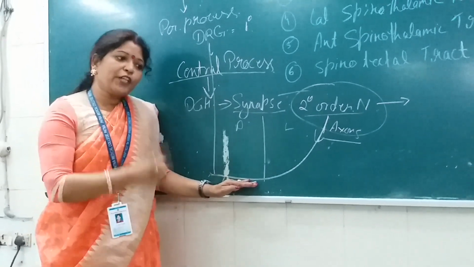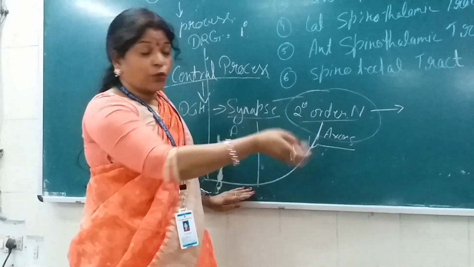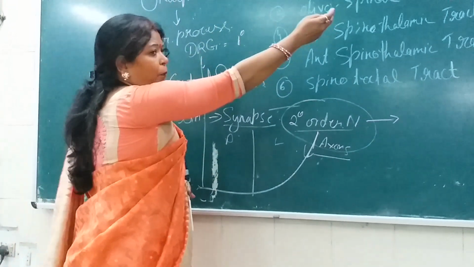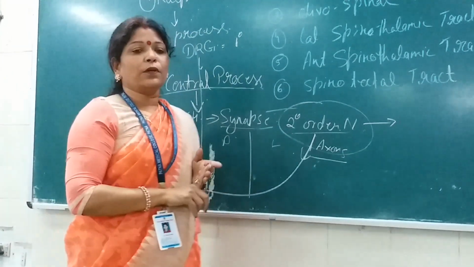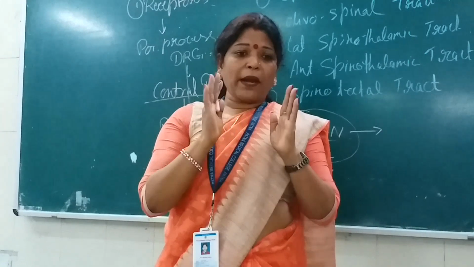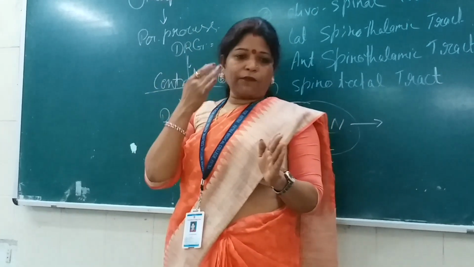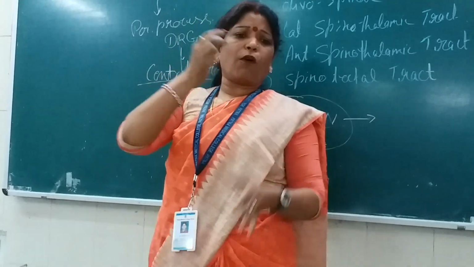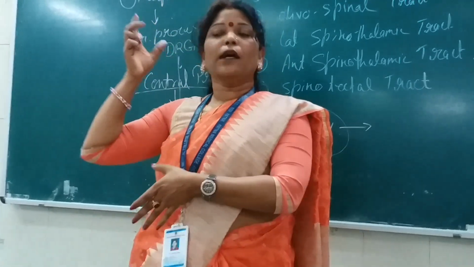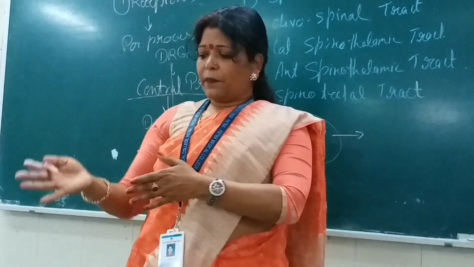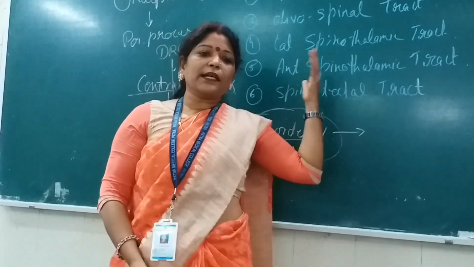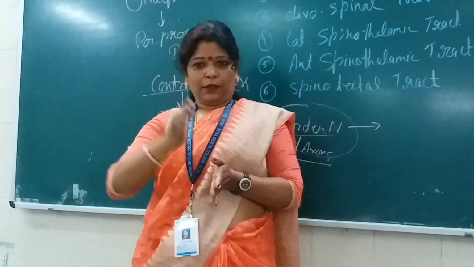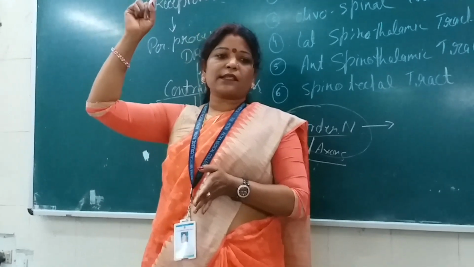It is not like that. It will pass to the opposite side, but not mainly here in the spinal cord. It can go to the opposite side above also. So you have to keep this thing clear in your mind: for the sensory information, suppose this is the left half of the body, the right half of the cerebral hemisphere will sense it. All the sensory information will be going towards the right side of the cerebral hemisphere. Similarly, the right side sensation is received by the left side. So that's why all the ascending tracts have to cross to the opposite side for their destination at the higher center.